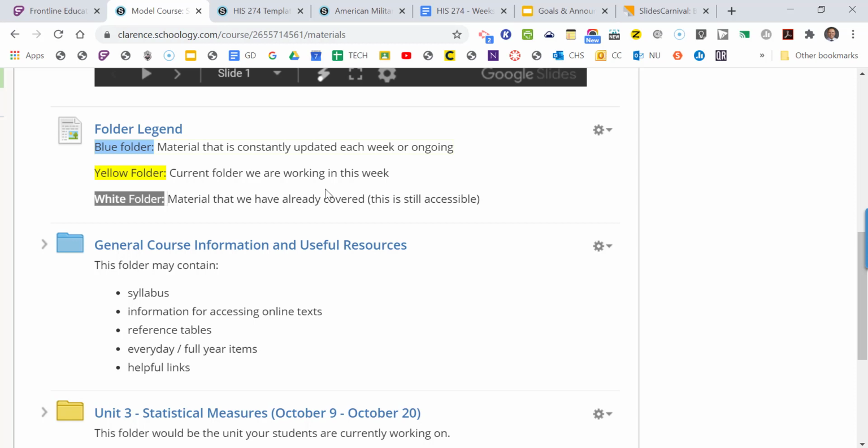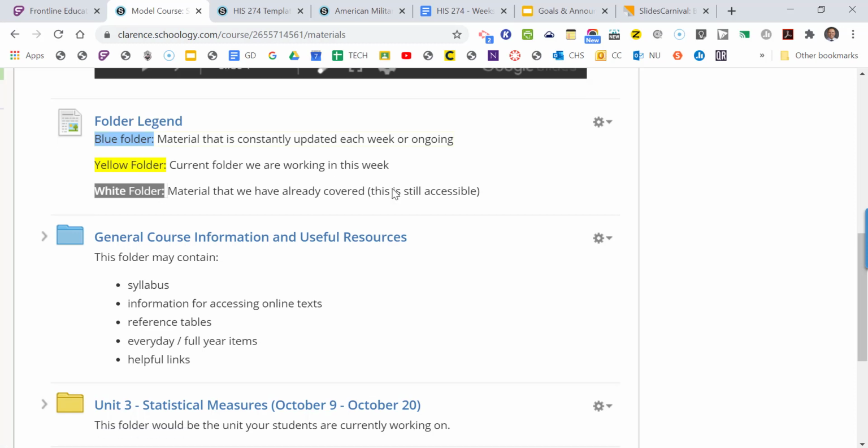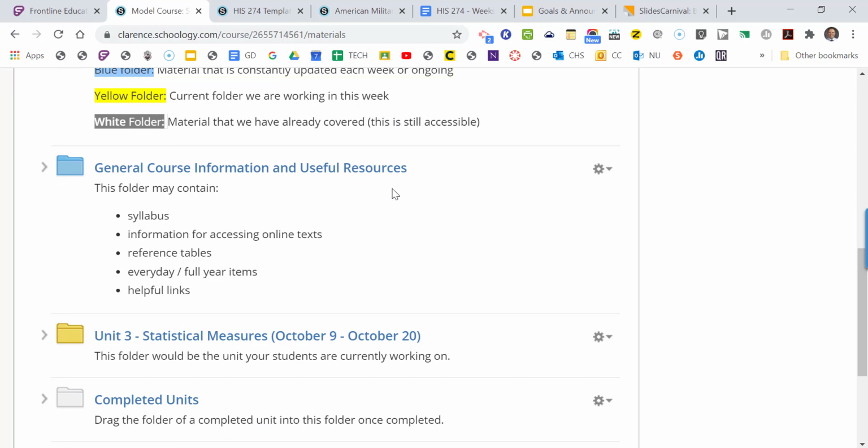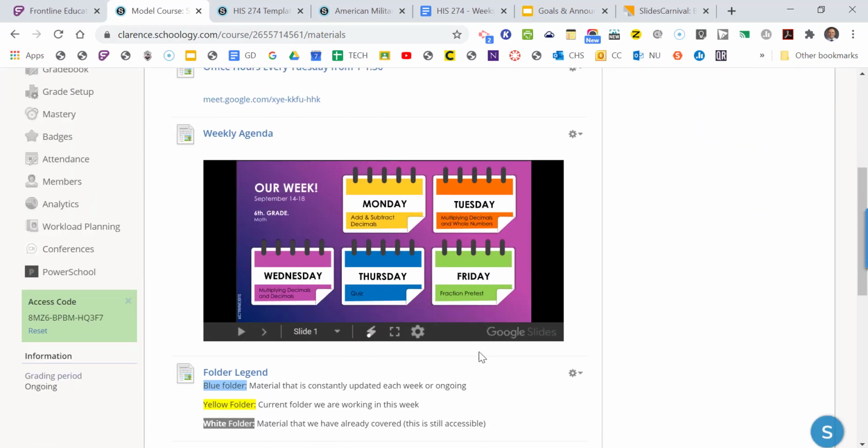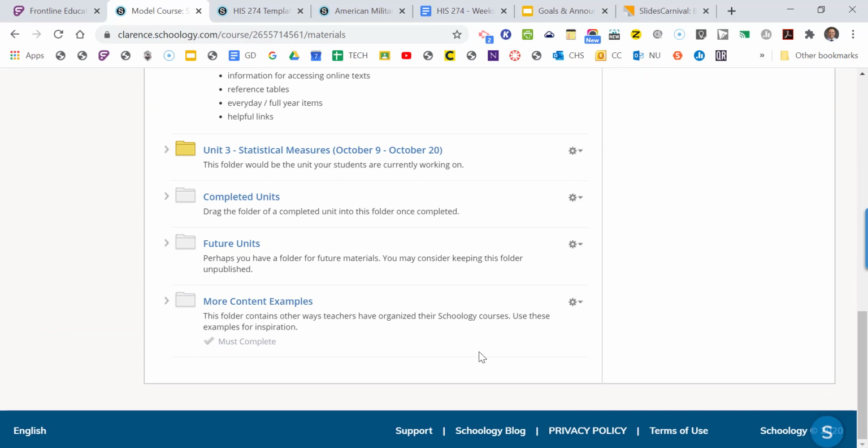And that's something that you would want to have. And I would even keep this on your Schoology page too. Make a folder legend, make a folder key so students know what blue, yellow, and white actually mean, okay? So make another page and make this right on your Schoology page as well. I think that'd be really, really helpful, okay? So those are the major aspects of the folders. After that point, as you make unit or topic folders or module folders, you're really kind of on your own,